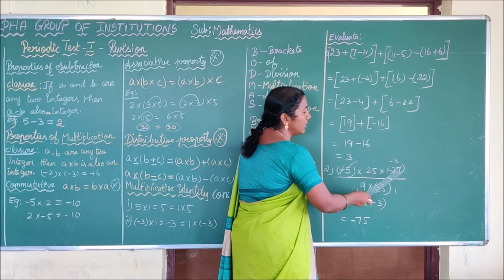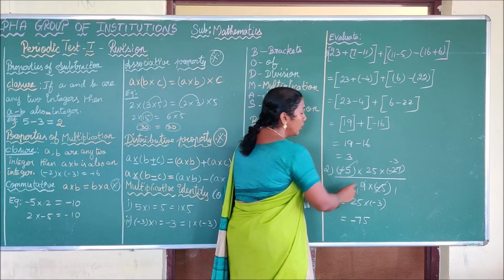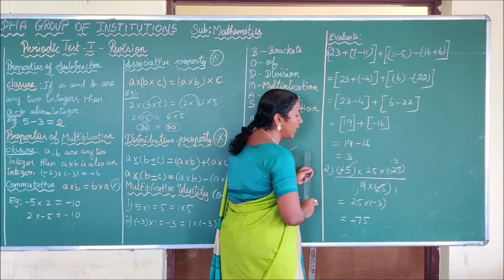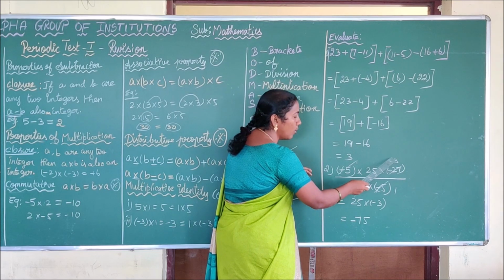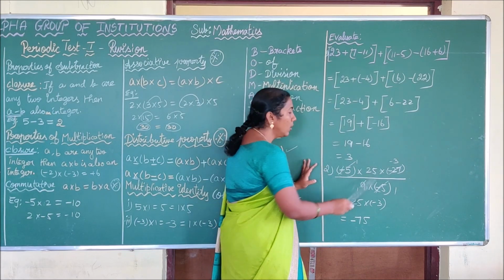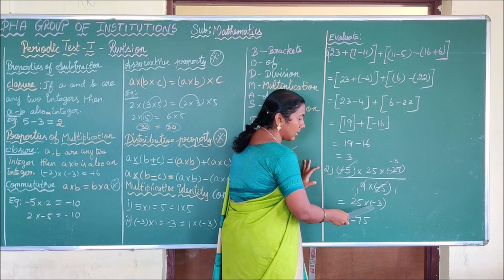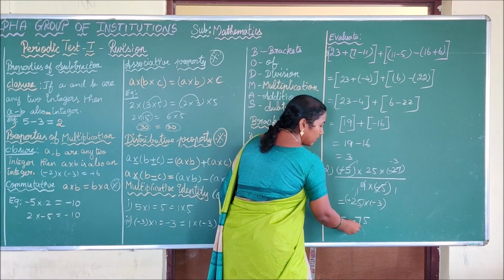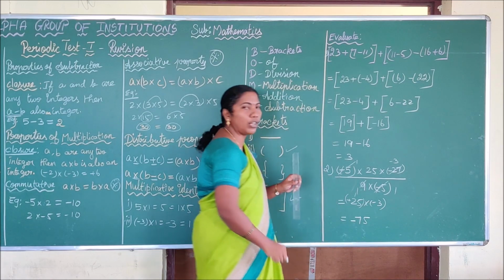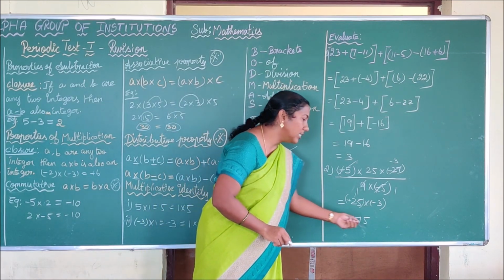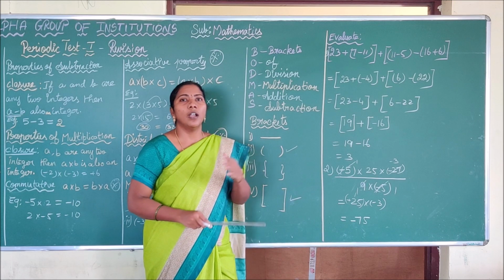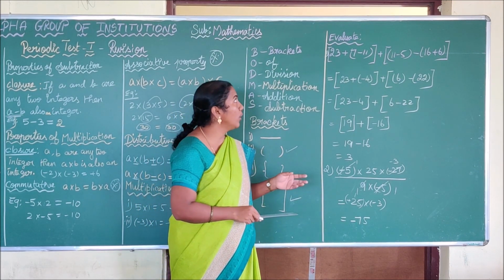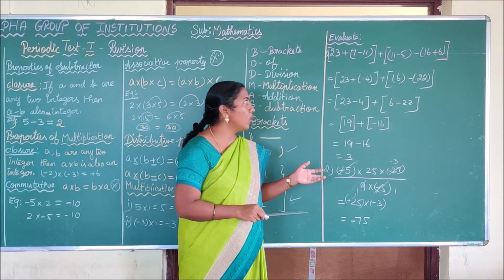And I am going to cancel this 27 by the 9 table. So 1 9 is 9, 3 9s are 27, and the 3 takes the symbol minus. So remaining I have 25 into minus 3. Leave that 1, children. So 25 into minus 3. First you have to multiply the symbol. So plus into minus is minus. 25 3s are 75. Thus our answer is minus 75. That's all about the properties of addition, subtraction, multiplication, division. Okay. Next we are going to see some more BODMAS rule problems.